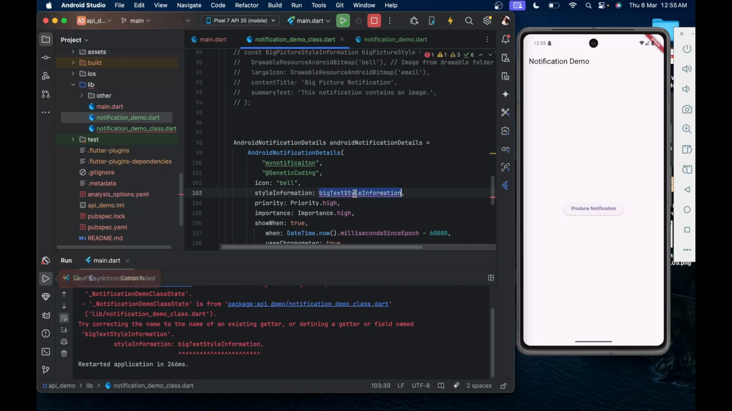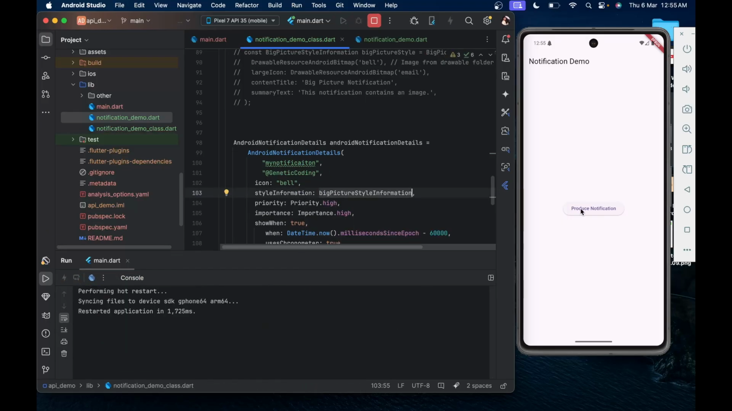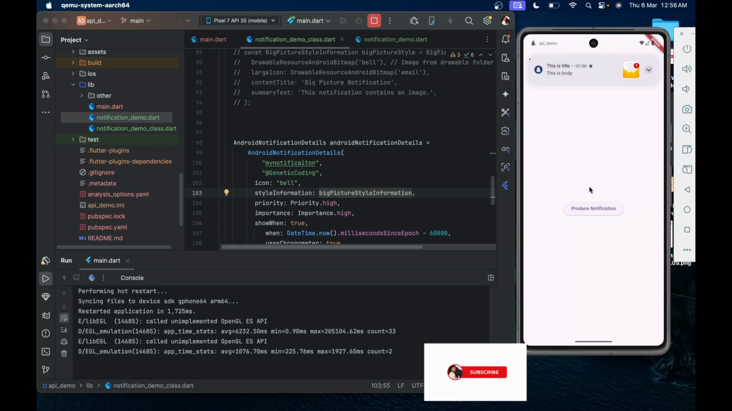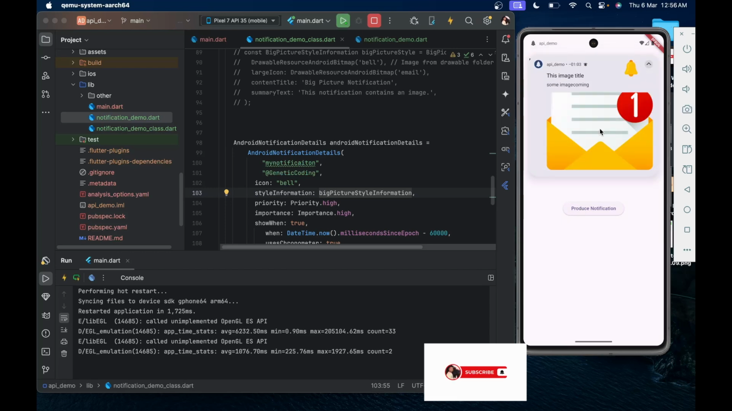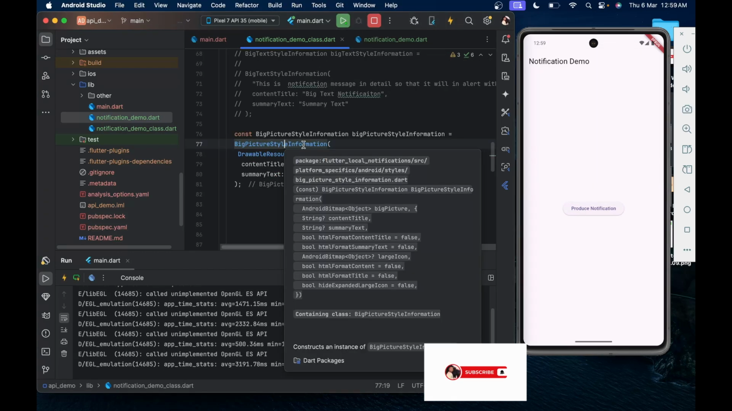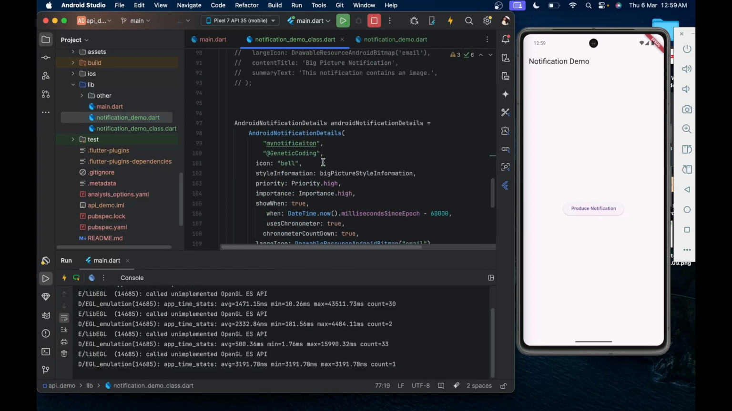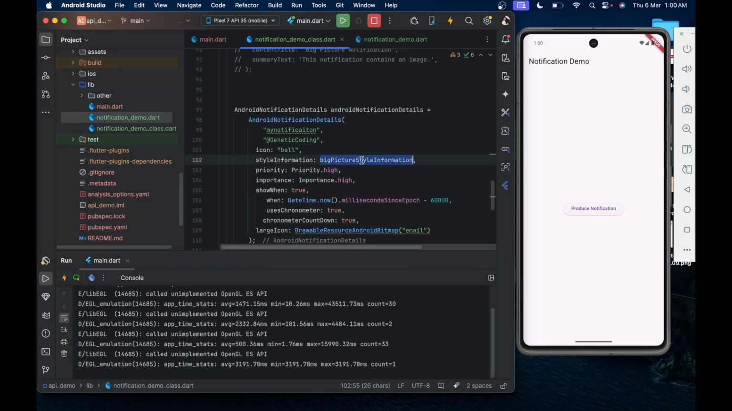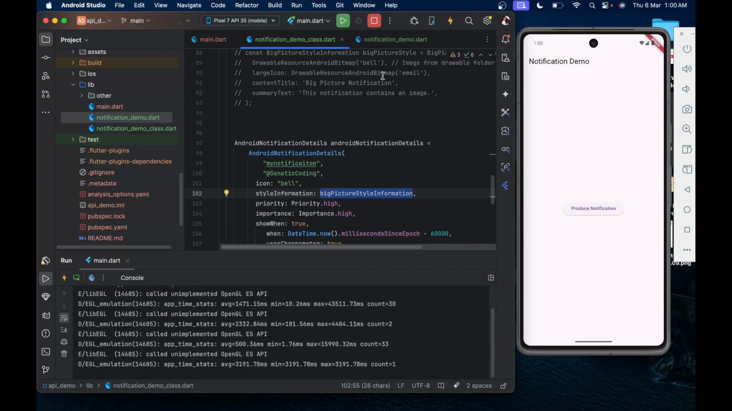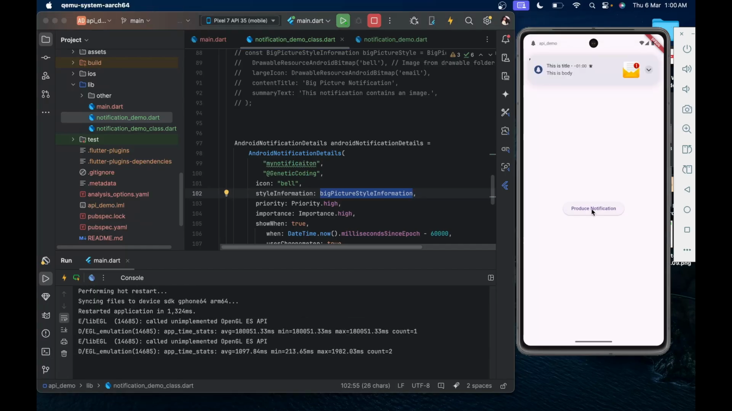First of all we have to pass this value here, big picture style. Now rerun your notification. Now you will notice, and hope, this is our picture. Now we have set the big picture style information and passed it in our style information. Now we will run it and produce the notification. Here it is. When you expand it, you will get the large picture style. Now we will apply